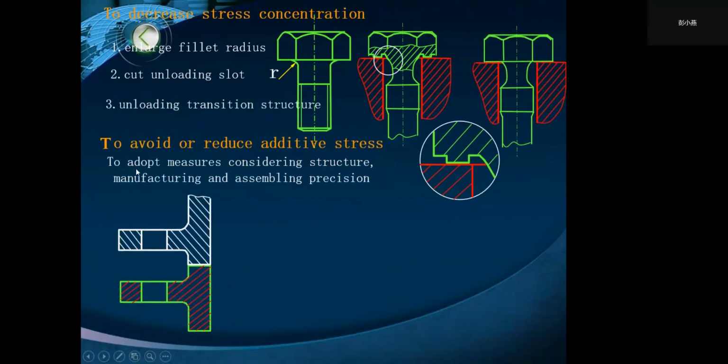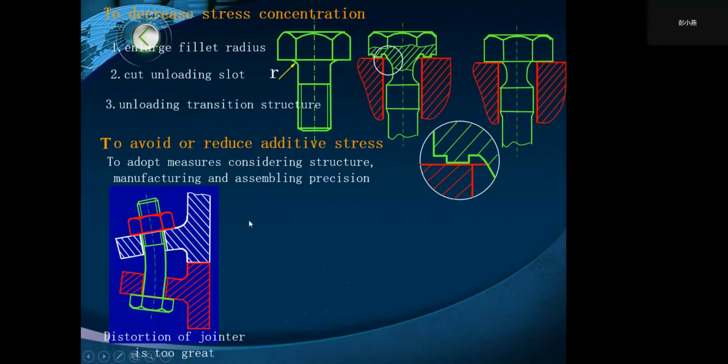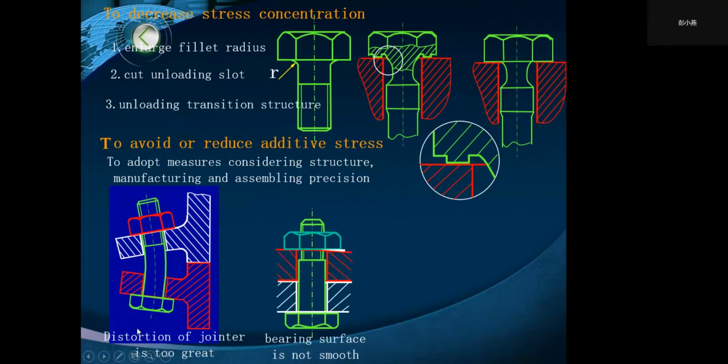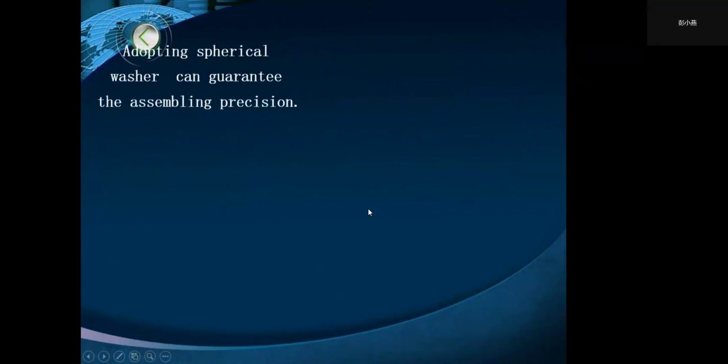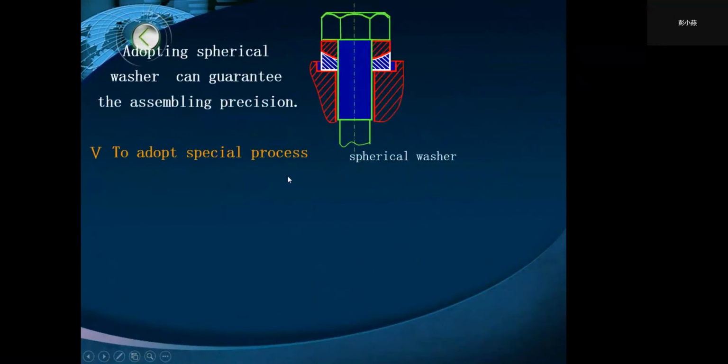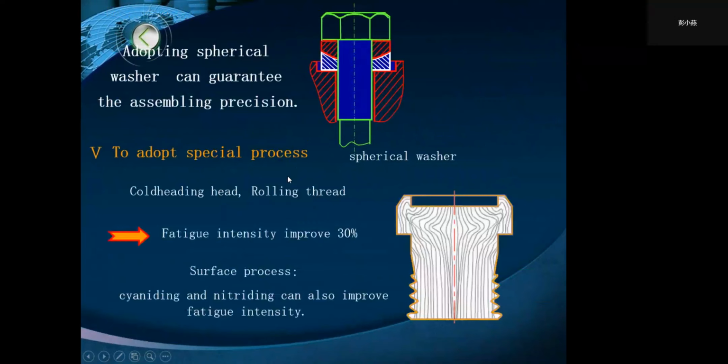We should adopt measures considering structure, manufacture, and assembling precision and to prevent distortion or to prevent unevenness at the surface, or we can adopt dummy club or other elements. And this is to avoid special process